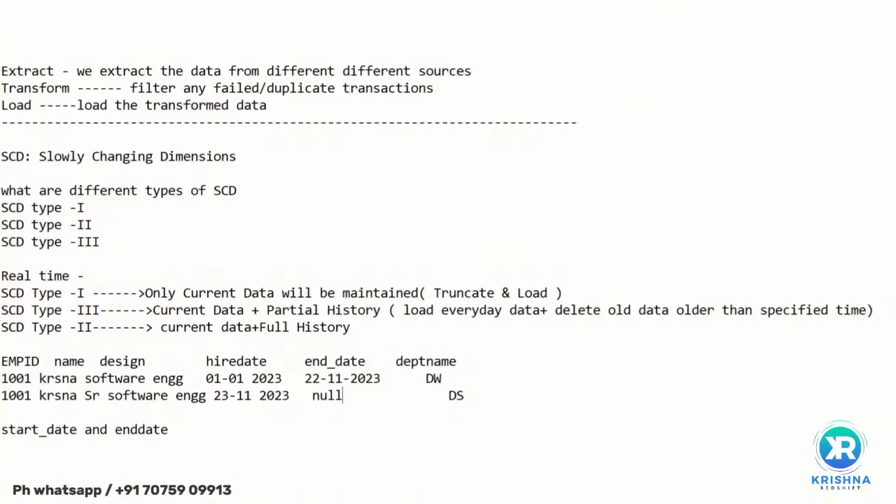Null means actually blank will be there. That means he is still active in the department. If he has already left, let's say today is December 31st, then his end date will be updated like this. So he shifted to the data scientist team on November 23, but on December 31st he left the